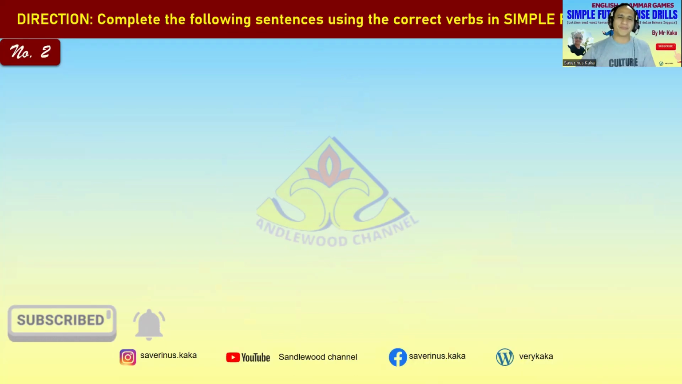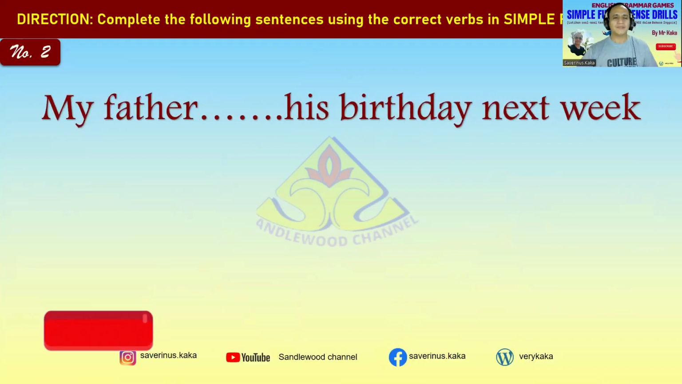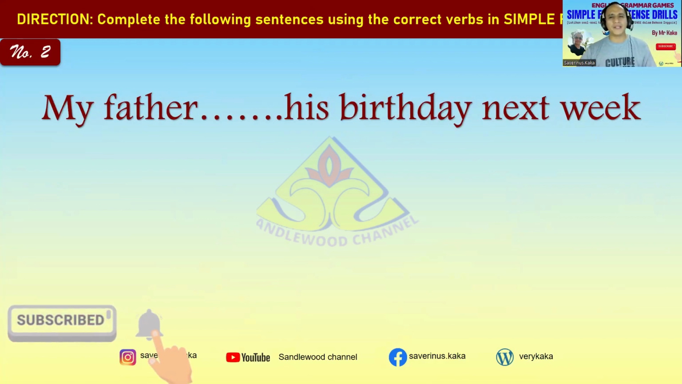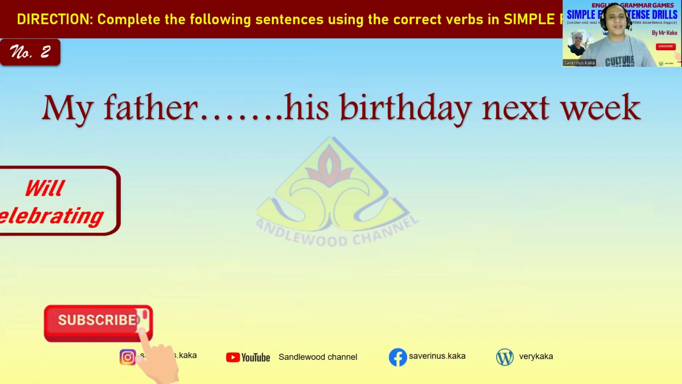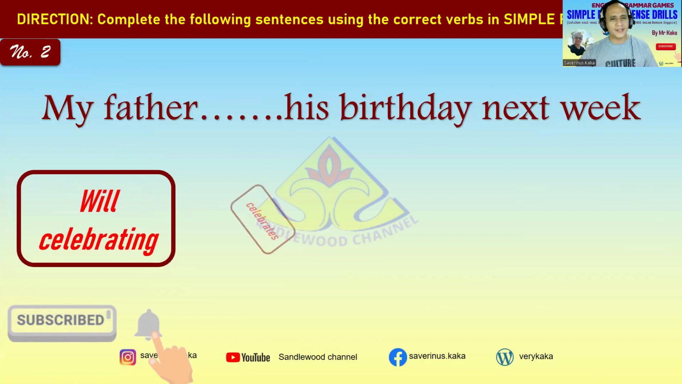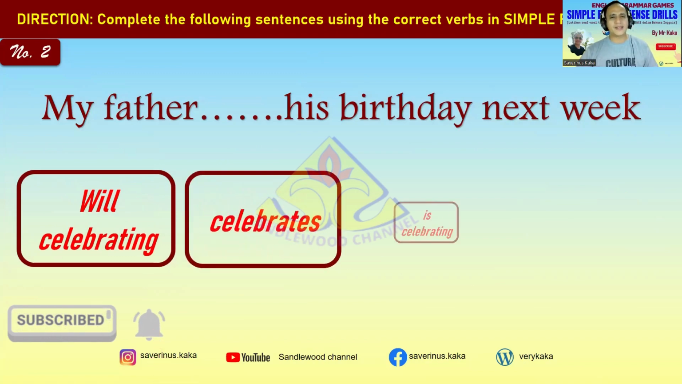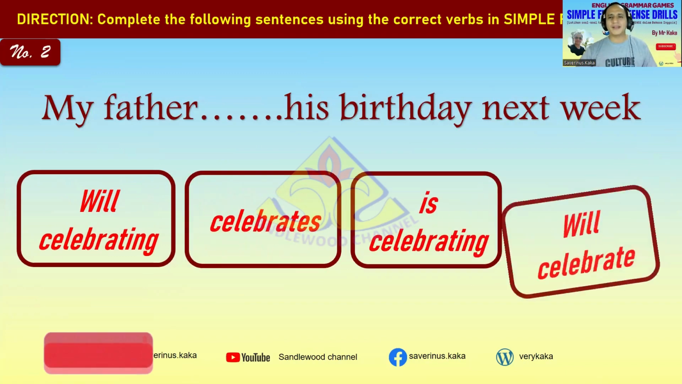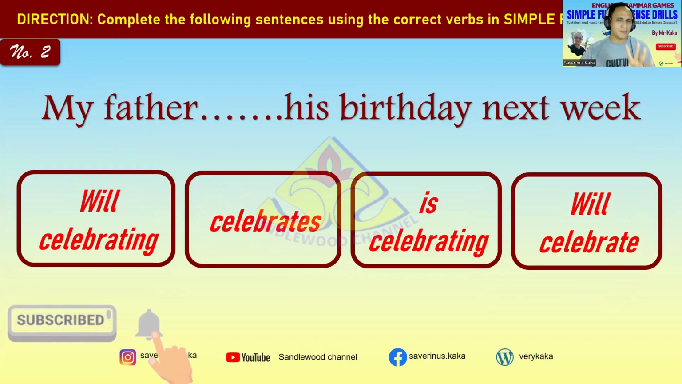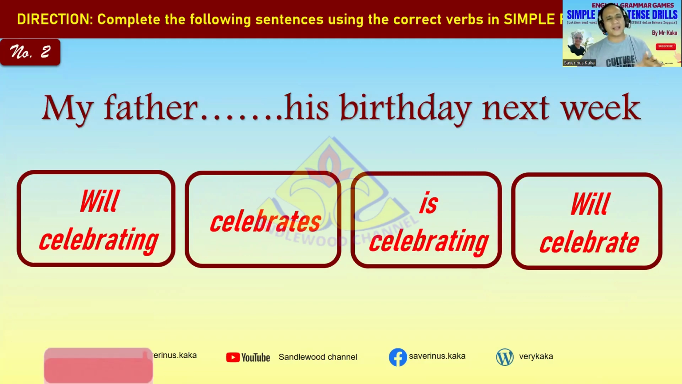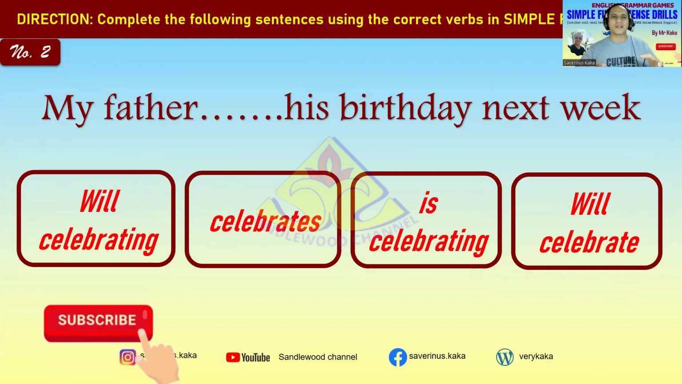Question number 2. My father, blank, his birthday next week. Which one is the correct form of verb? Is it will celebrating, celebrates, is celebrating, or will celebrate? Once more to give you the clue, of this question is we are talking about simple future tense,